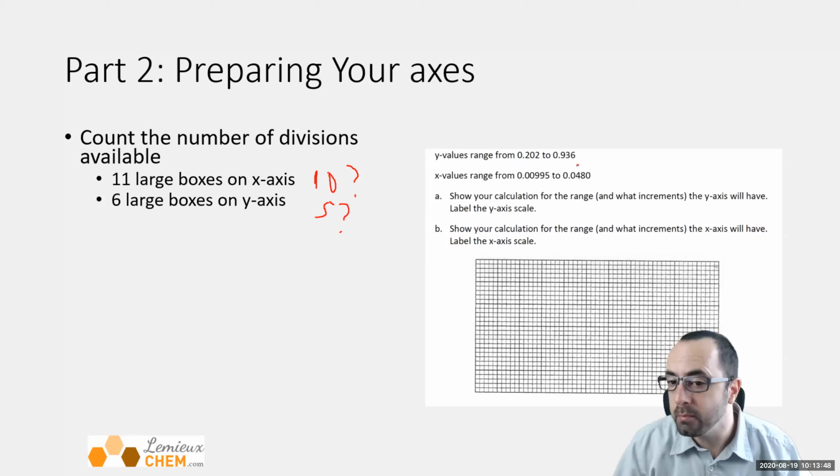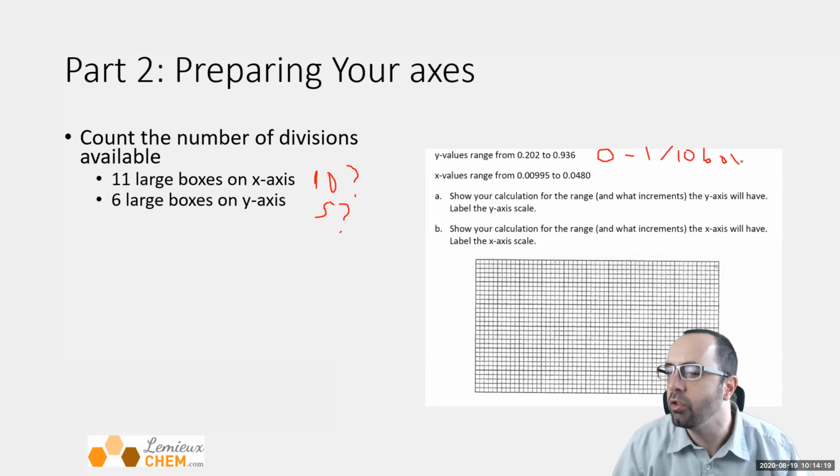Or even easier, since 0.2 is fairly close to 0 compared to this one, you could just go 0 to 1. So if we go 0 to 1 on this, yes, we're a little bit lower than our first point here, but pretty close to our highest point. And this is really easy to divide into 10 boxes, right? We divide this into 10 boxes, so 0 to 1,